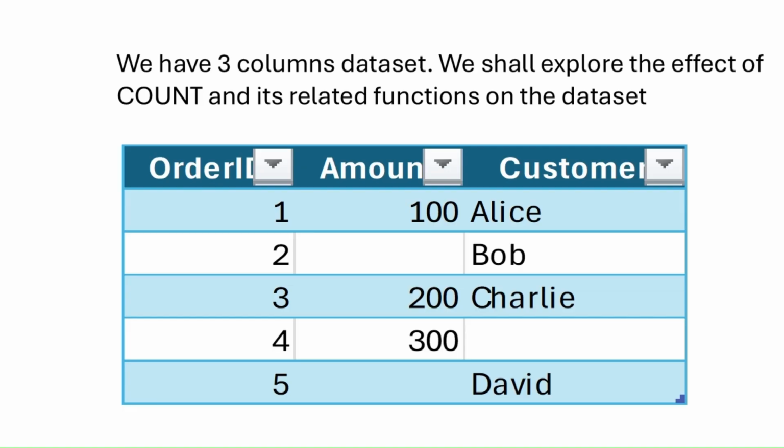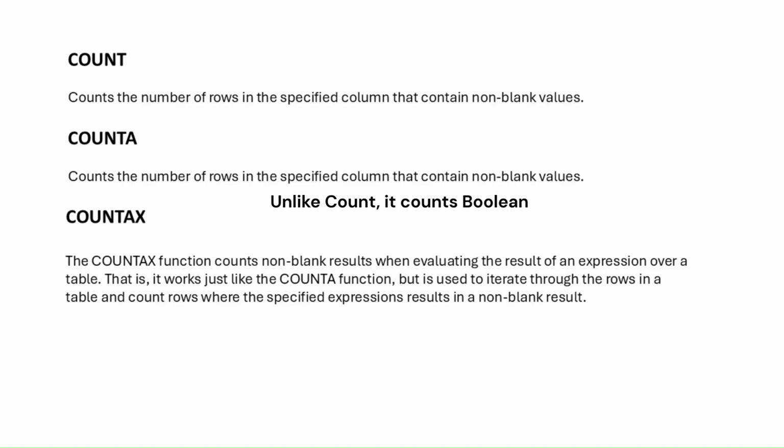We have a three-column dataset. We shall explore the effect of COUNT and its related functions on the dataset. COUNT counts the number of rows in the specified column that contain non-blank values. COUNTA counts the number of rows in the specified column that contain non-blank values, including Boolean. COUNTAX. The COUNTAX function counts non-blank results when evaluating an expression over a table. That is, it works just like the COUNTIF function, but is used to iterate through the rows in a table